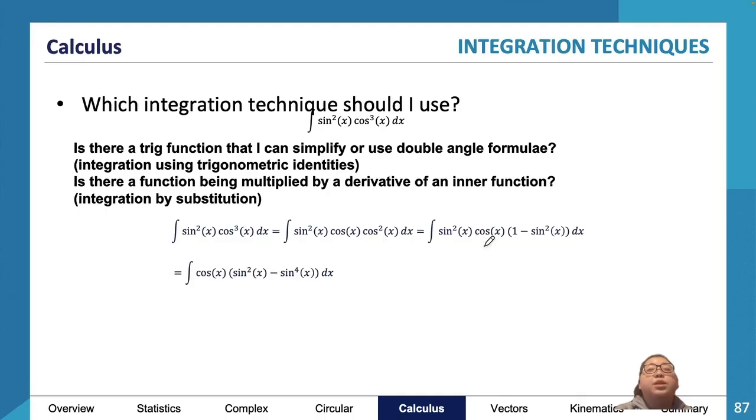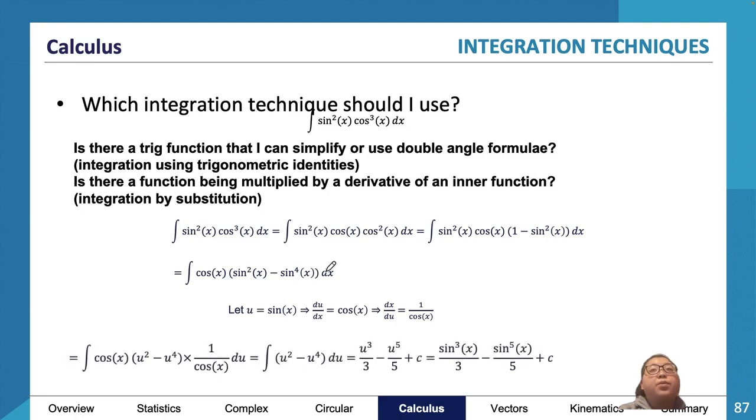Then we'll have just cos x times sine squared x minus sine to the power 4 x, and we can do the substitution. So we'll sub in u equals sine x, because cos is by itself. Then du dx equals cos x, and we can substitute the du dx directly for that position. So we get rid of the x component, the dx component,